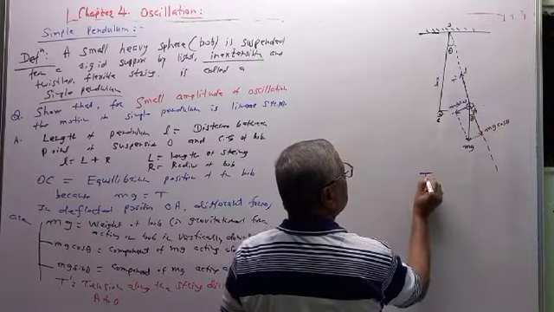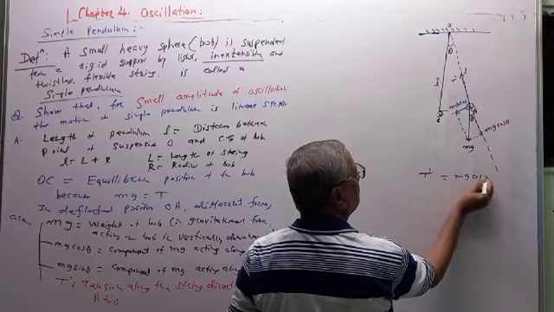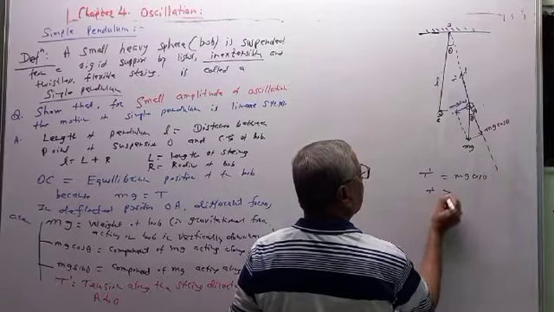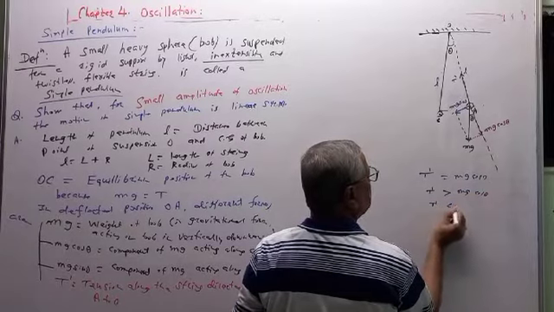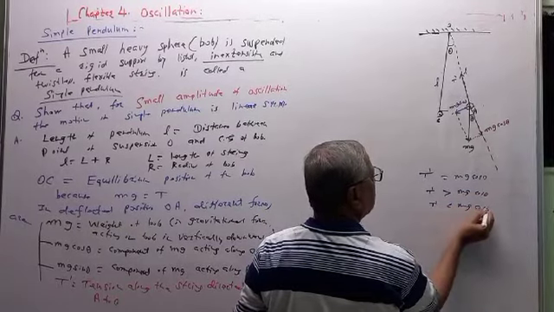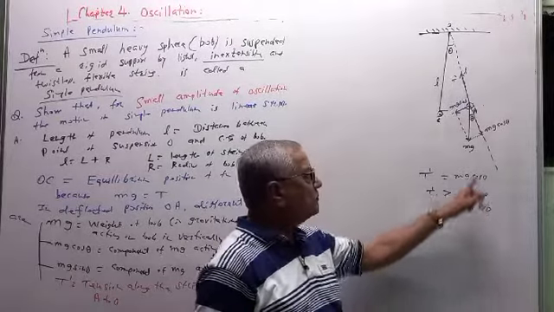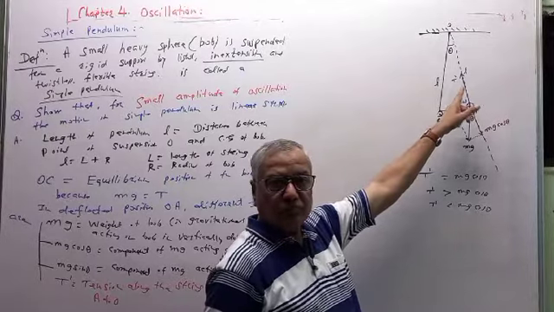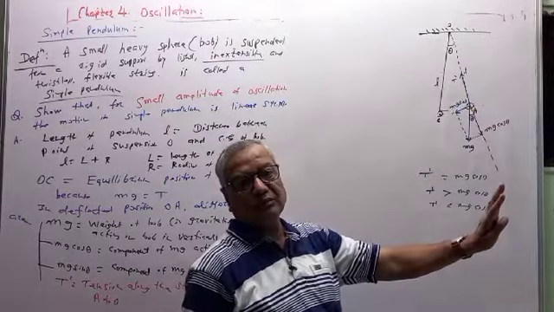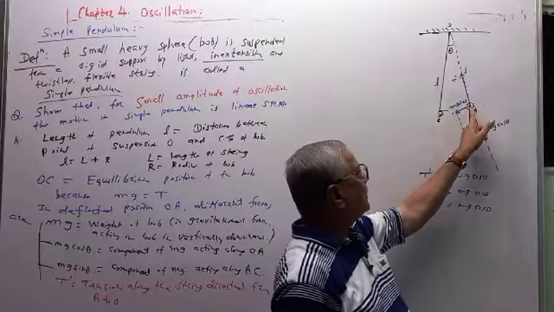So T dash must be equal to mg cos theta. Suppose T dash is greater than mg cos theta, or T dash is less than mg cos theta, what will happen? So if T dash, the tension in the string, is less than mg cos theta, then the string will break and the bob of the pendulum will fall down. No SHM is possible. If T dash is greater than mg cos theta, then the bob will automatically move towards